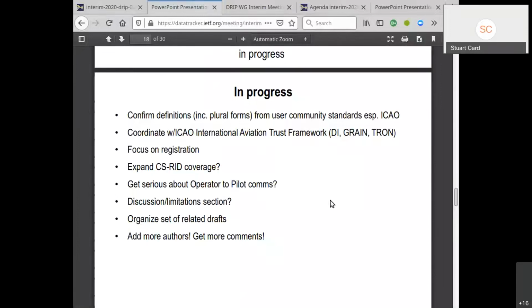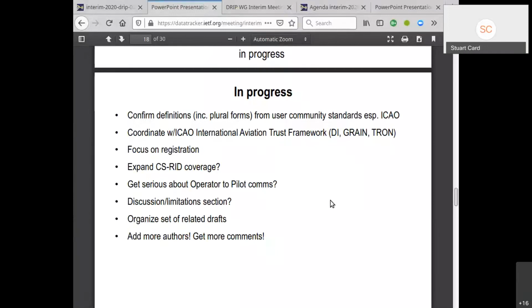I'll just spend a moment on plural forms. I've gotten a fair amount of feedback on that, and stylistically, I used to do it in the way that was suggested in the feedback, but eventually it became clear that the EASA, the FAA, and ICAO were all doing it in the way where for most of these acronyms, the plural form and the singular form are exactly the same. I finally yielded to what this user community is doing.